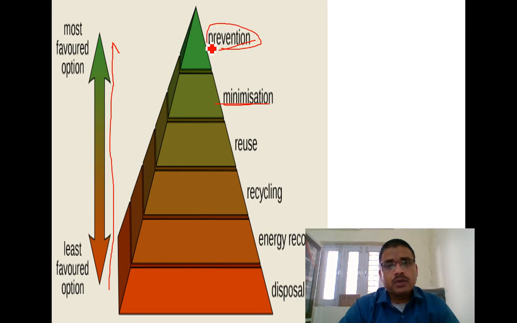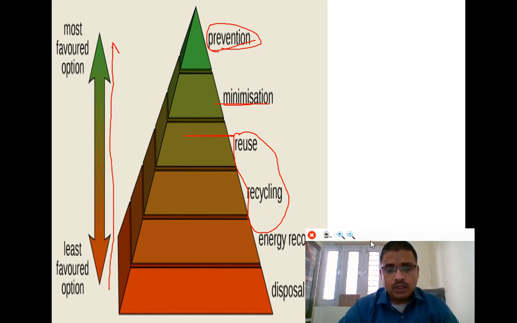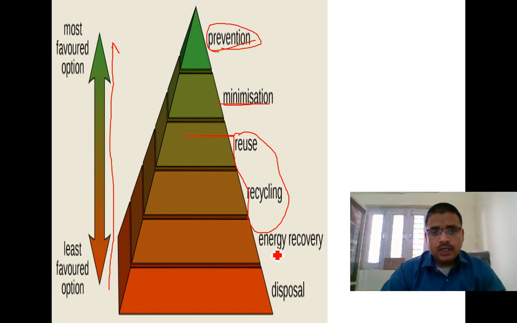Another thing is reuse and recycle. These are the processes by which we can minimize waste. Another thing, as you can see here, is energy recovery or disposal. These can be taken at last. So it is all about this chapter, where you get all the information related to the prevention of water pollution, acid rain, and air pollution. These things we discuss here.